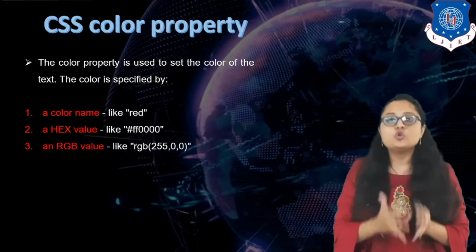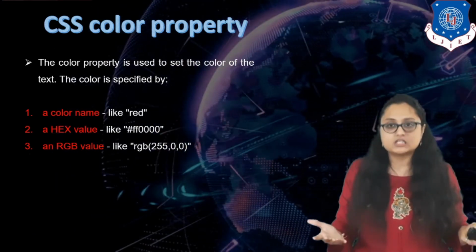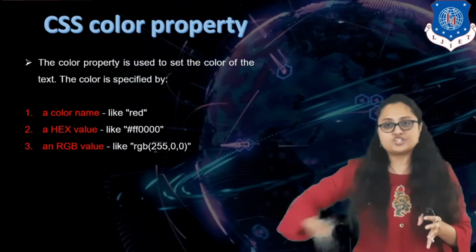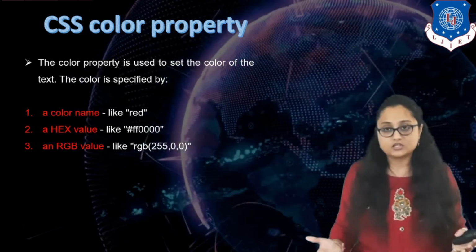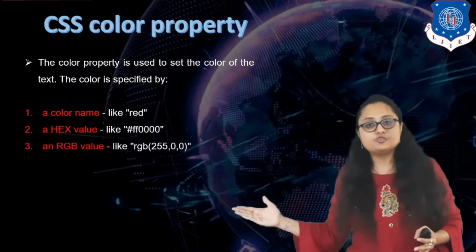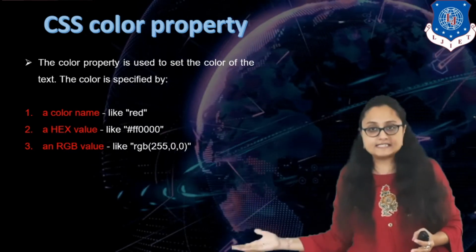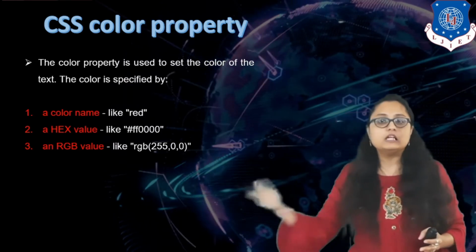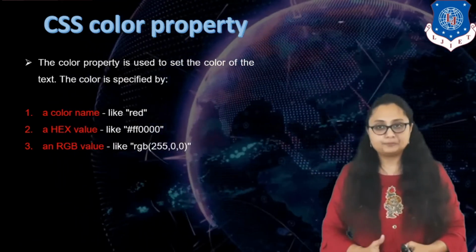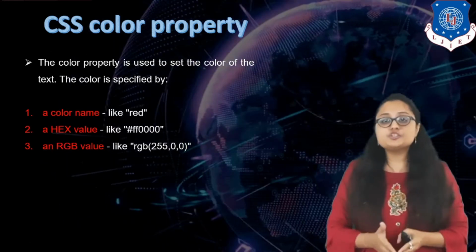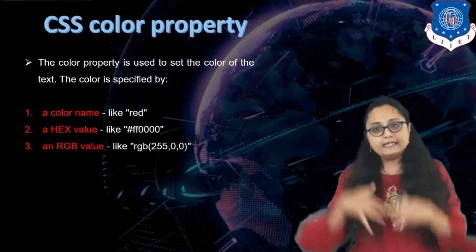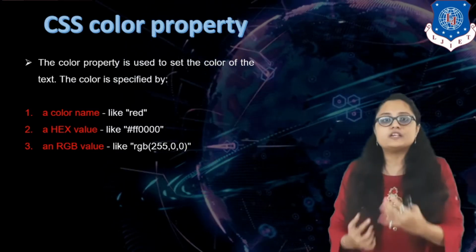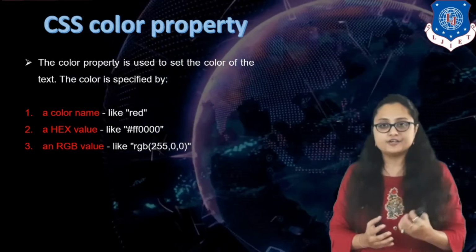0 stands for lowest intensity, it means you don't have this color present, right? So if you are specifying 0 in any of the color positions, either red, green or blue, it means you don't want that color. If you are specifying 255, that means you want the highest intensity for that color. And you can specify any of the intermediate decimal values from 0 till 255, it will take accordingly, right? Also, after you specify these 3 values, it will again take the intensity of each red, green and blue, mix them and give you the final output of the color that is desired by you.